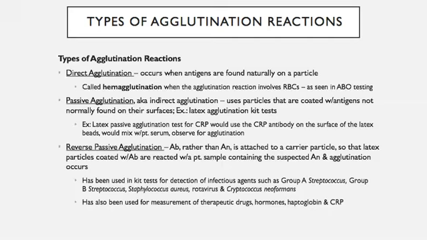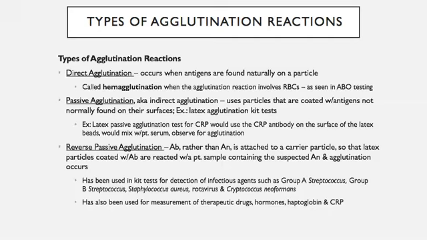So direct agglutination occurs when antigens are found naturally on a particle. This is called hemagglutination when that agglutination reaction involves red cells, such as what we do in ABO testing. Passive agglutination, also referred to as indirect agglutination, uses particles that are coated with antigens not normally found on their surfaces. So for example,